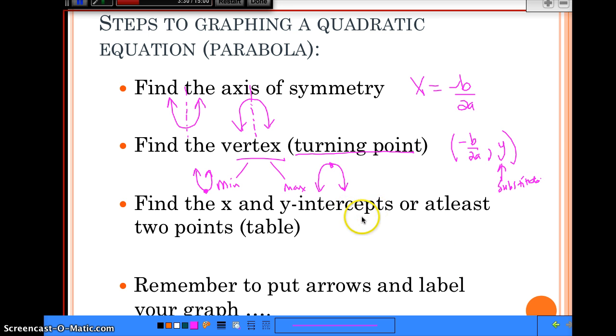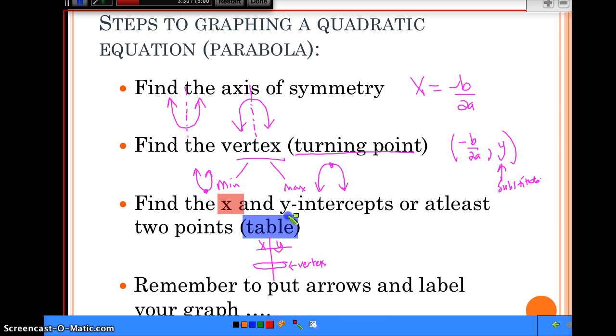Okay. We also talked about what we have done. We focused in on building a table. If you build a table, don't forget, the easiest thing to do is to put your vertex in the middle and then build 2 above, 2 below. You also could do x and y intercepts, which is an alternative method. To find the x-intercept, you substitute